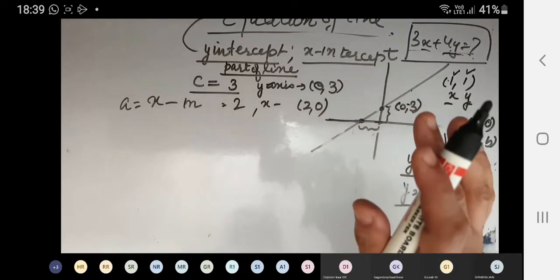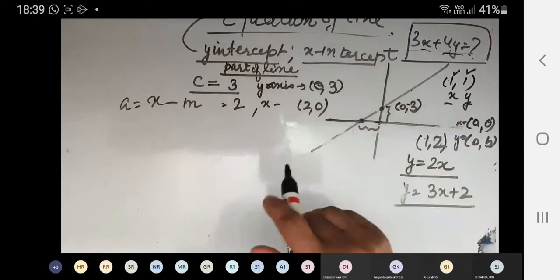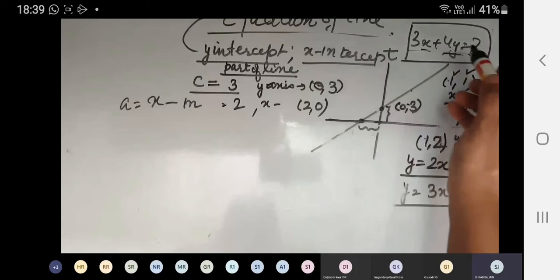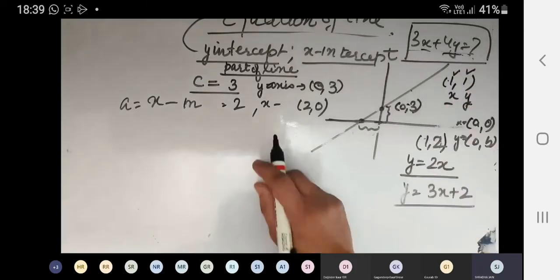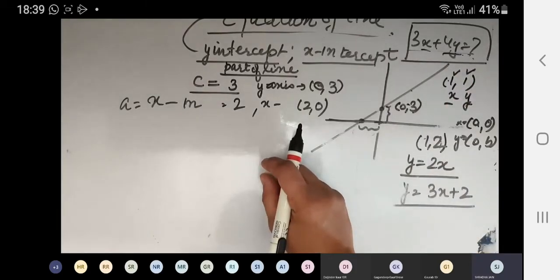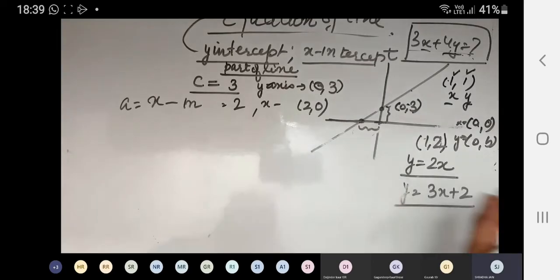Yes, ma'am. 3x plus 4y is equal to 7. Pooja, is that clear? Pooja is there in the class. Good morning, Pooja. Still sleeping, Pooja? Those who are not able to answer, it means.